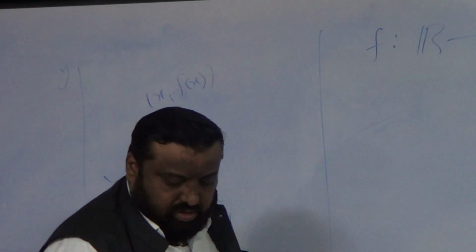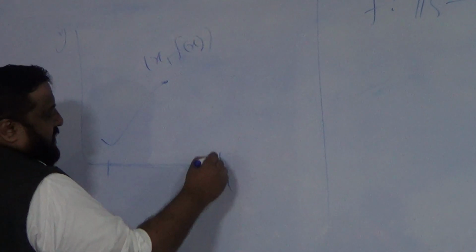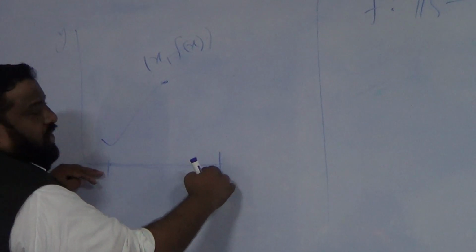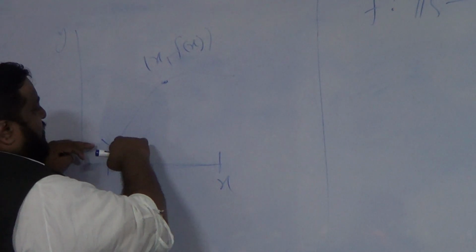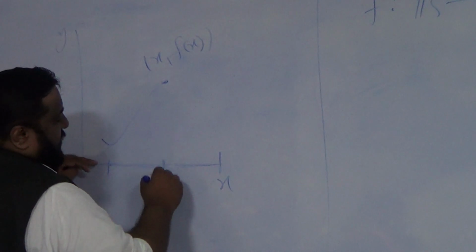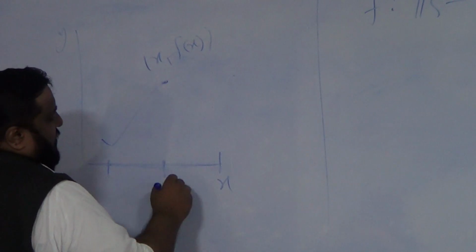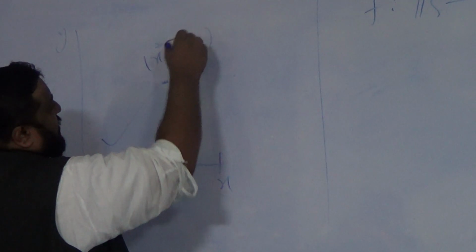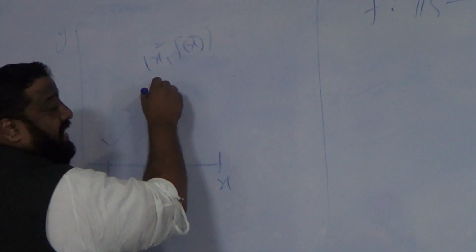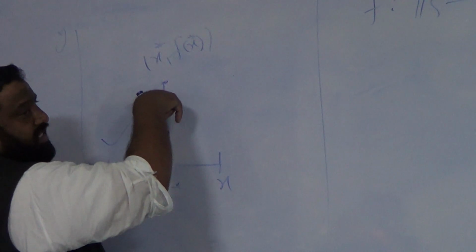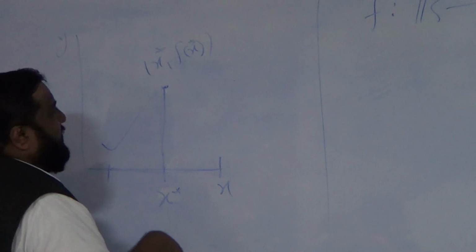In other words, if this is the domain, to each point in the domain you are providing the height. For example, if this is the point x star, then this value is what you call f of x star, the height f of x star. But since this point lies in two dimensions, wouldn't it be better if I use